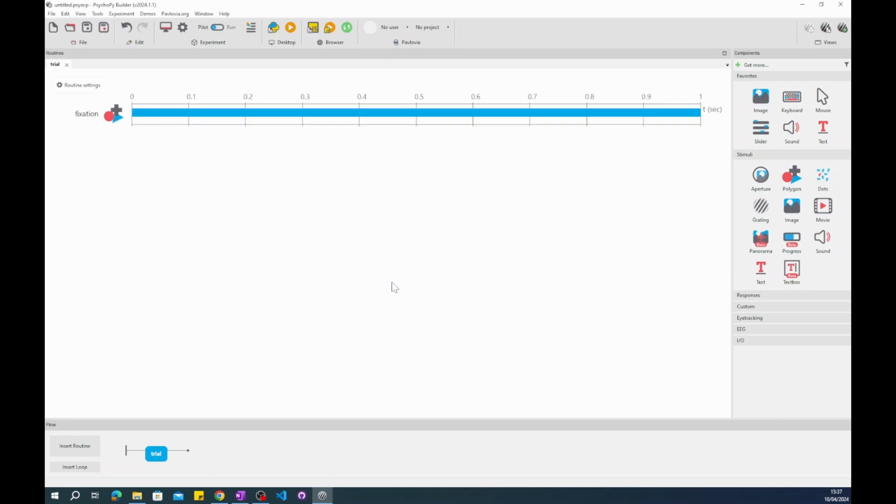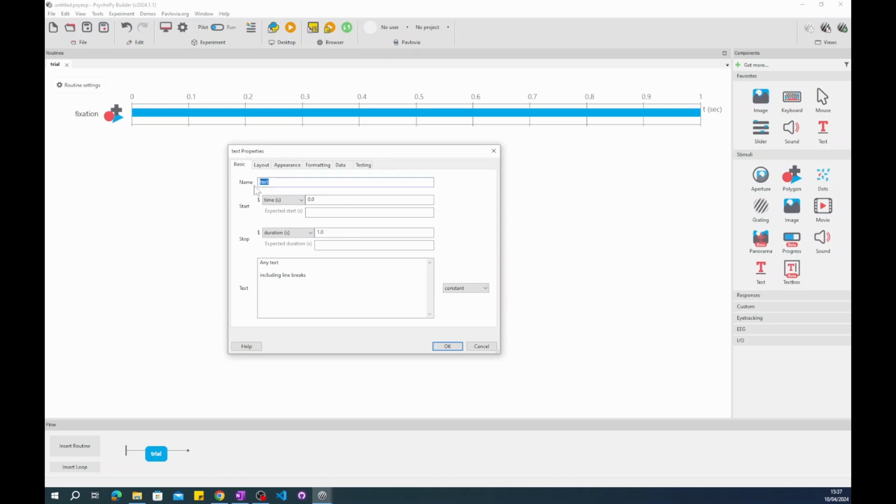Next, we're going to add the stimulus. Let's select Text from the Components pane, call it Stimulus, and straight away let's change our timing. We want the stimulus to appear right after the cross, so let's set the start time to 1 second, and we want it to stay on the screen forever, until the response is given. So to do that, we'll simply delete everything from the stop duration field. And finally, let's look at the bottom field titled text. As an example, let's type in a color name, let's say red,